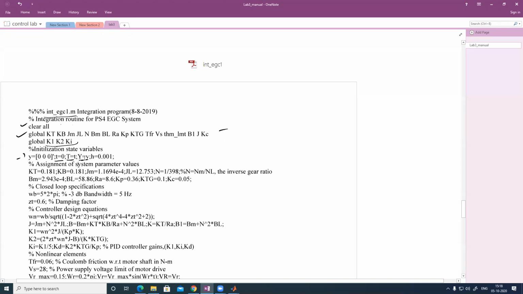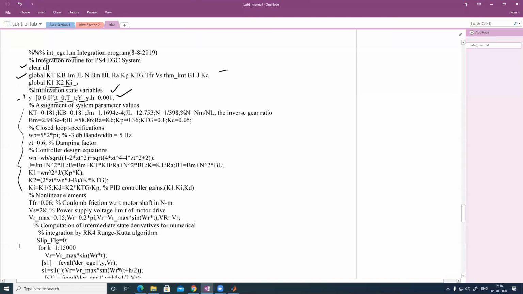So these things you have to set, and h is equal to 0.001. That is, the fixed step size you have chosen is 0.001. That step size only you have to use here also, otherwise a mismatch will come somewhere. So the entire thing you are simulating in Simulink, whatever you have done in Simulink, you are mimicking in MATLAB. So you are entering every parameter. These are the parameters you entered last time also, up to this.